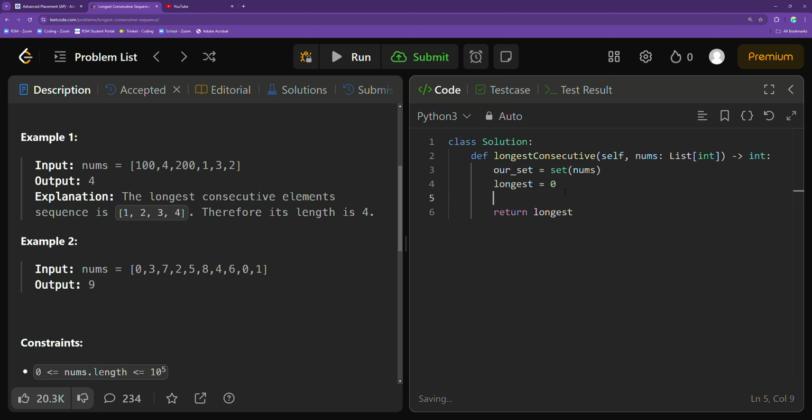Right, so now that we've defined our variables and grabbed the set of the nums, removing all duplicates, let's actually start, like I said, the main chunk of our code. So we'll loop through every single element within our set. So we'll say for i in our set,